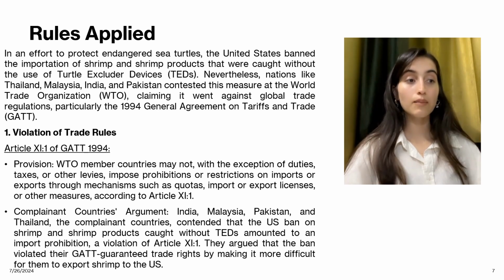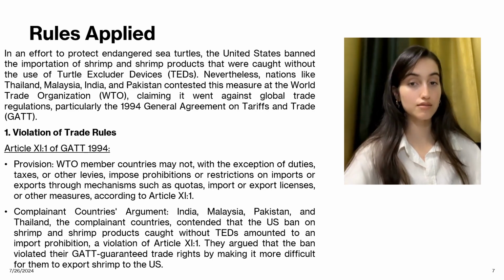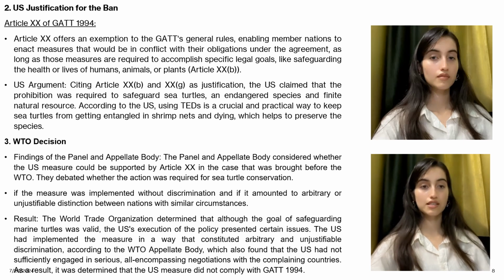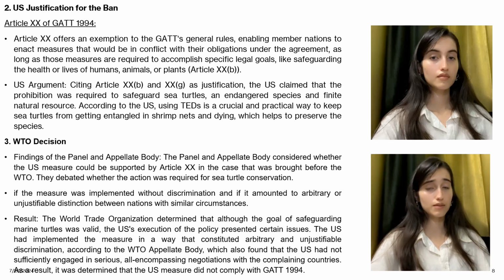They argued that the ban violated their GATT 20 trade rights by making it more difficult for them to export shrimps in the US. The last would be the WTO decision. The findings of the panel and the appellate body considered whether the US measure could be supported by Article 20 in the case that was brought before the WTO. They debated whether the action was required for sea turtle conservation,